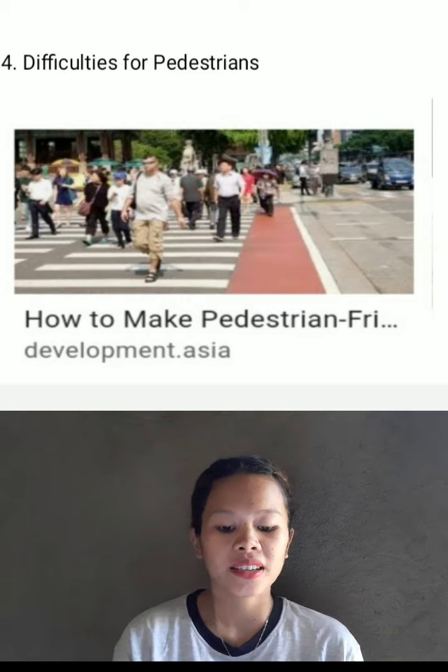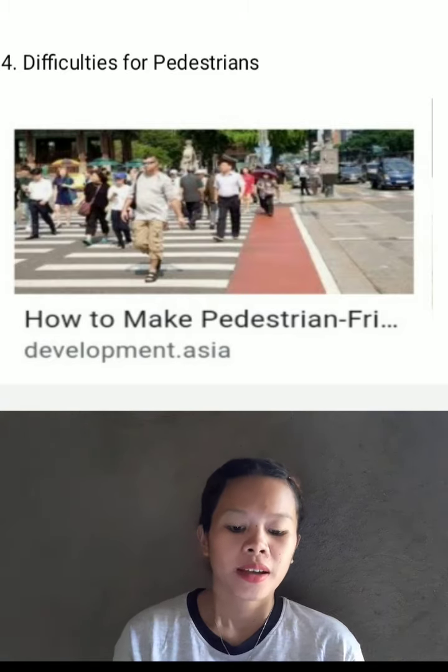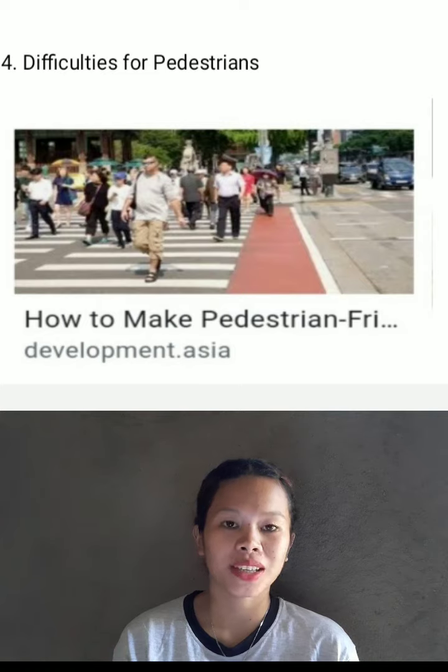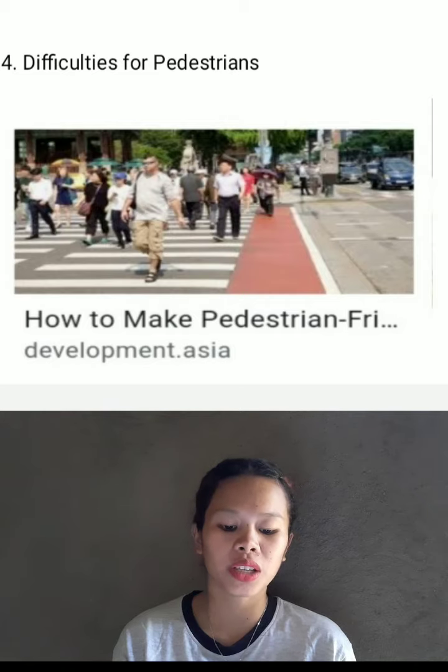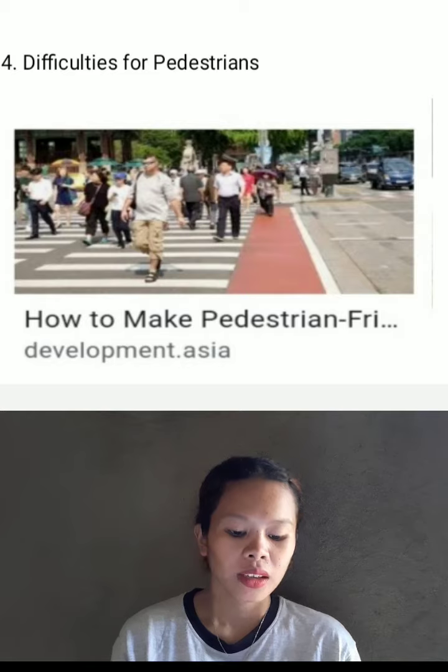And the number 4 problem is the difficulties for pedestrians. Pedestrians form the largest category of traffic accident victims. Attempts to increase their safety have usually failed to deal with the source of the problem and instead have